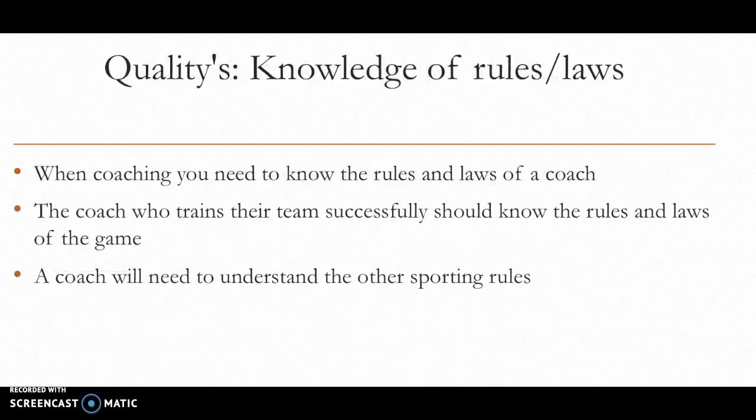Our next quality of a coach is knowledge of rules and laws. A coach needs to meet the official guidelines of a specific sport that they're going in. If they don't have a clue of what's happening, then they're going to coach the completely wrong thing, and they might do something that is not even relevant to the sport. For example,